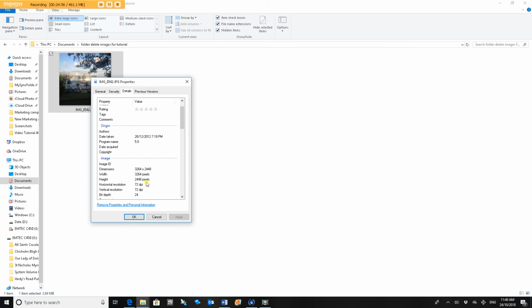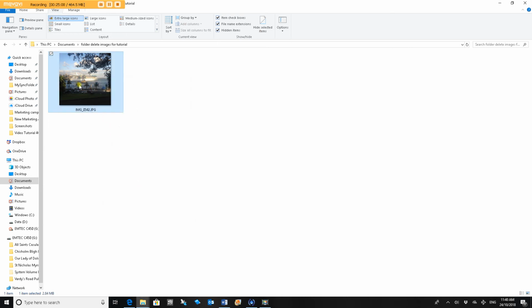Because this is taken from my iPhone, have a look at any photos that you take on your iPhone. They're quite large and you'll see these sorts of thousands of numbers. So we need to resize this photo. Running my mouse over it without clicking any buttons, it's showing me the dimensions, 3264 times